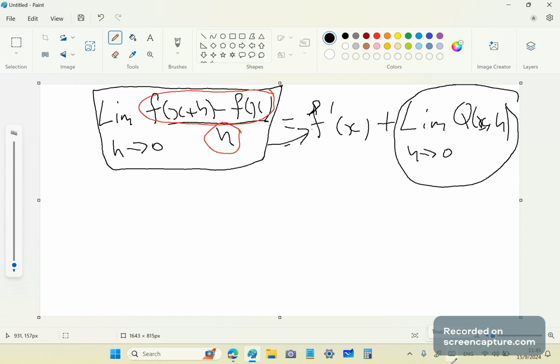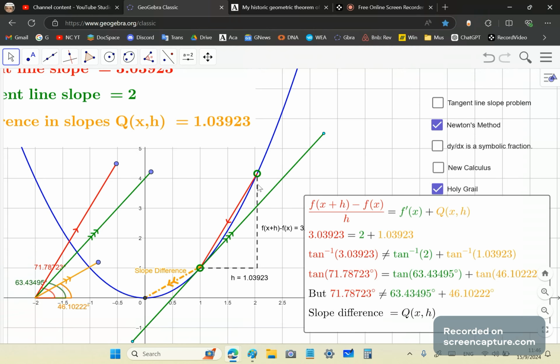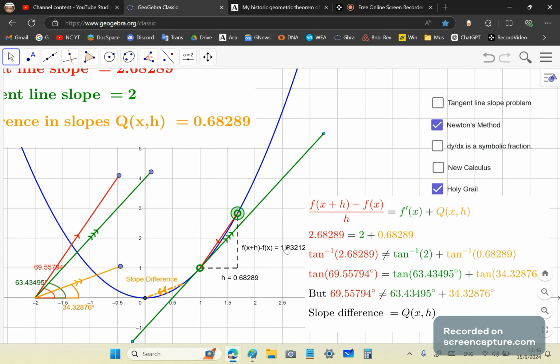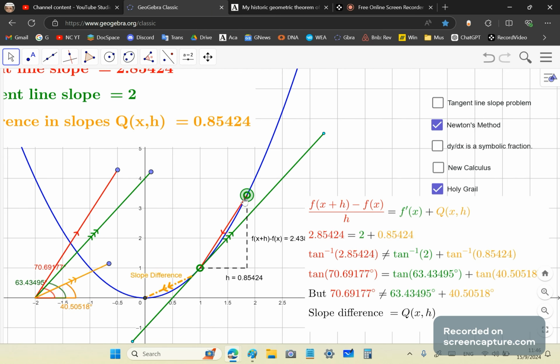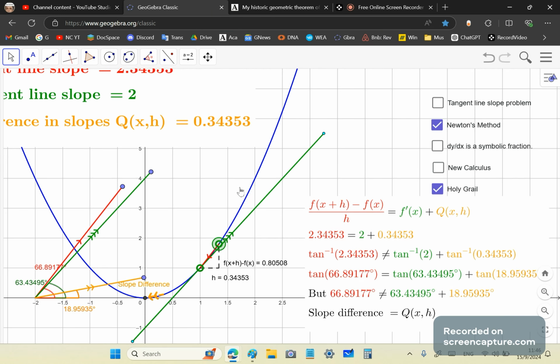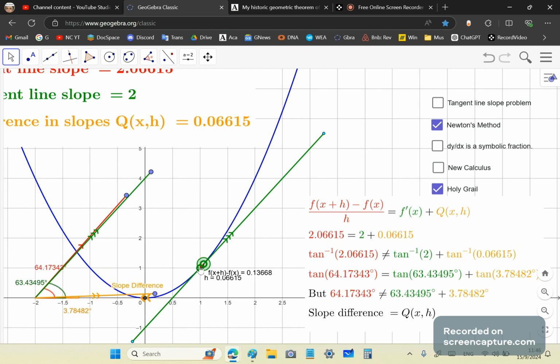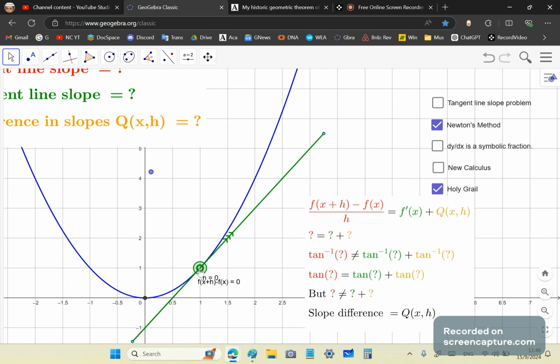In other words, it doesn't matter how many of these rise over runs, this f of x plus h minus f of x over h, you get. And you see this number here, this is the difference. This is the expression of that rise over run. Doesn't matter how many you get. There is none that represents the